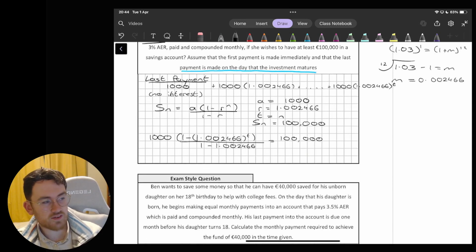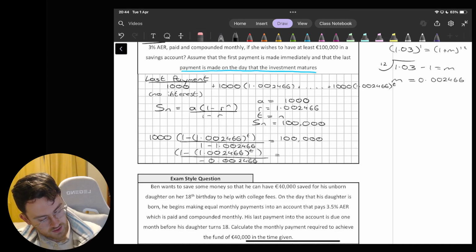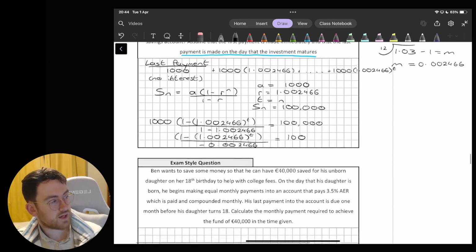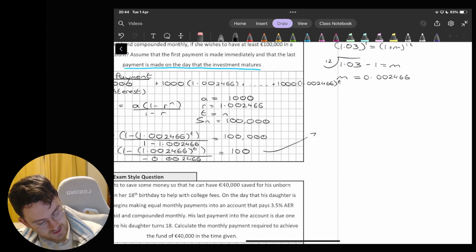Okay, so we have a little bit of calculation, a little bit of work to do here for ourselves. So let's do 1 minus 1.002466 to the power of T. I'm going to say that's all over minus 0.002466. And over here, 100,000 divided by 1,000 is just 100. Okay, so we're kind of getting somewhere with that one. Let's take it over to the side here to give ourselves a little bit more space. 1 minus 1.002466 to the power of t equal to,